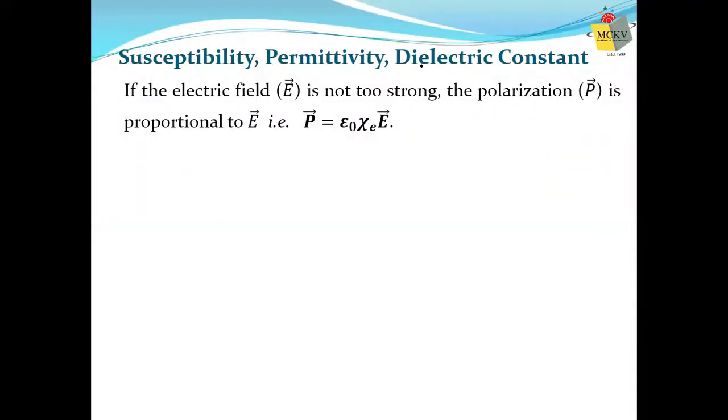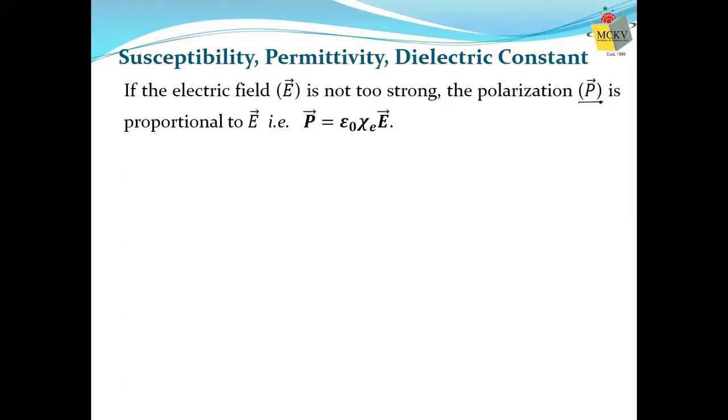One thing is sure: if you supply more electric field, you will get more polarization vector. Because how was the polarization vector defined? Polarization vector was defined as the total amount of dipole moment per unit volume. That was the polarization vector, capital P. And that means if you can increase the total amount of dipole moment, the polarization vector can be increased. How can you increase the total dipole moment? If you can increase the electric field,